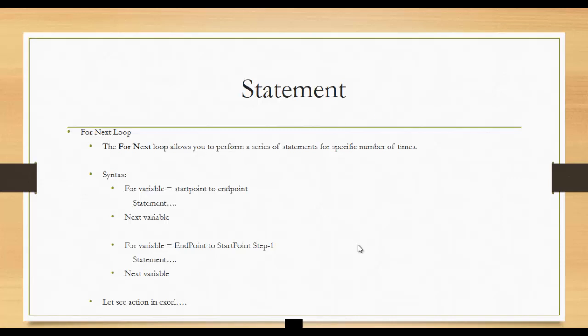So the For Next loop allows us to perform a series of operations a specific number of times. For example, if I have given i = 1 to 10, then it will be performed till 10 only. It will not go beyond 10. So there are two syntaxes. One is when we start from 1 or 0 and we know that the end point is 10, and whatever statement or operation we want to do we can do,